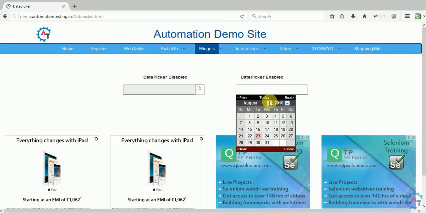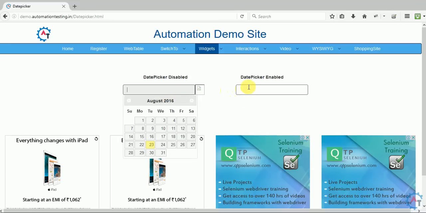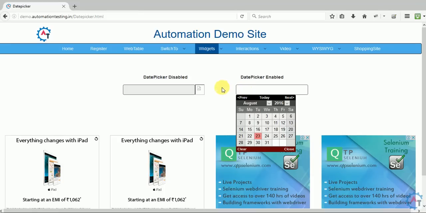You can come directly here, you can select September, and you can directly select 2017. Might be easy, but this logic will not be applicable here, because there are so many date pickers. Each application may use one kind of date picker, another application may use another kind of date picker. So the logic which you have written for one date picker cannot be used for another date picker.